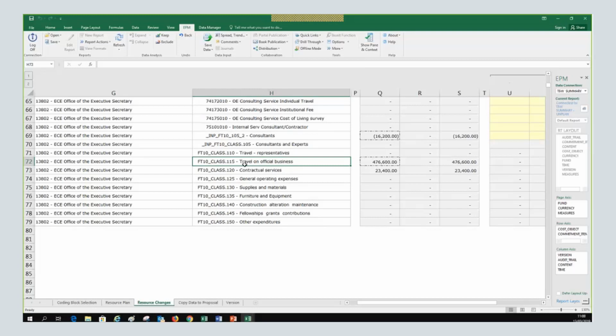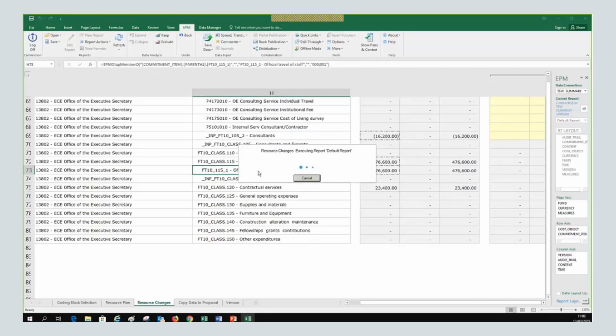So the idea, what we are going to do now is to drill down up to the commitment item level until we get the yellow cells, right? Once we get the yellow cells, we will see where the amounts have been entered, and then we will justify them. So this is the subclass. I double click on it. So yes, remember that the yellow cells is what we are looking for at the commitment item level.